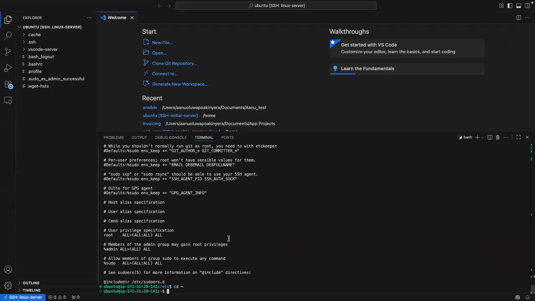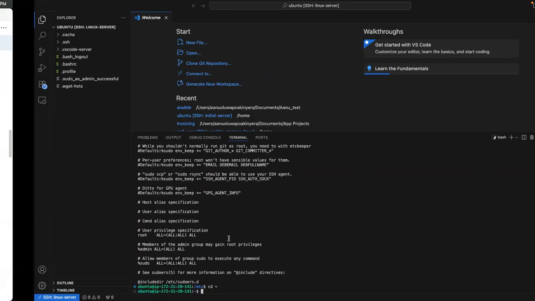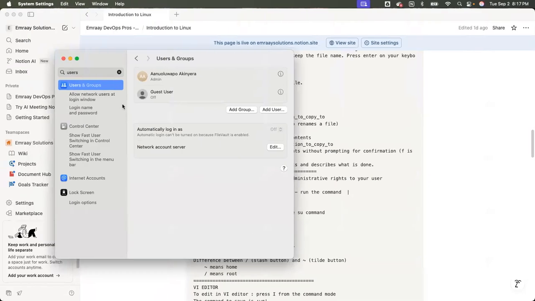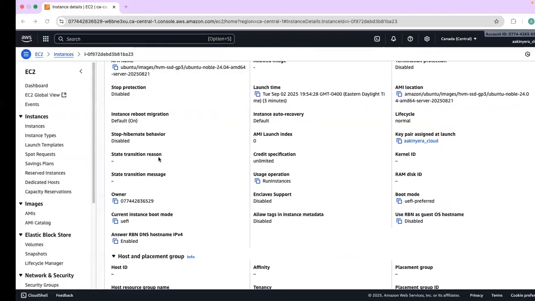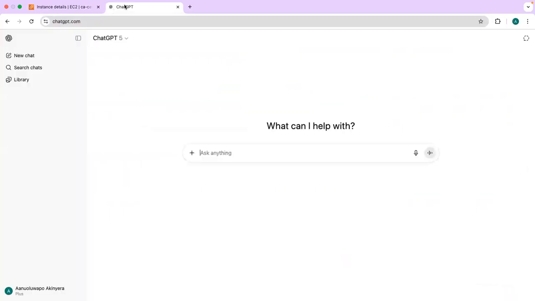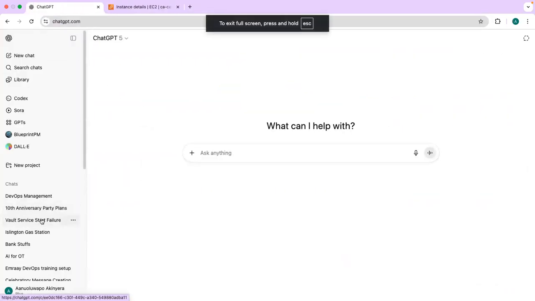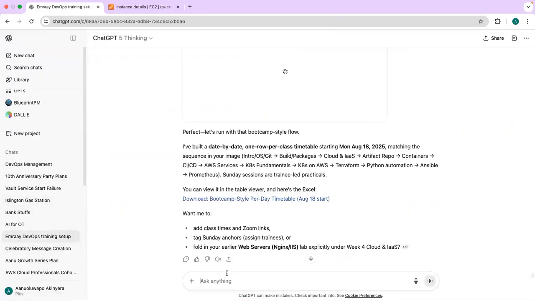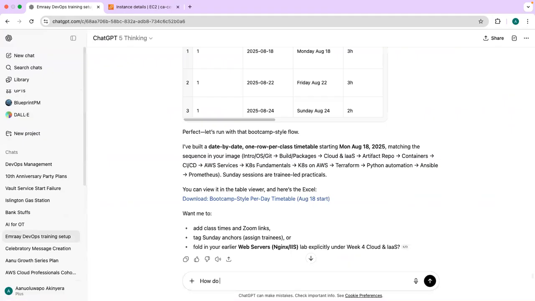What's the command to list users in Ubuntu? Let me check ChatGPT. I'll ask, how do I list users in an Ubuntu server?